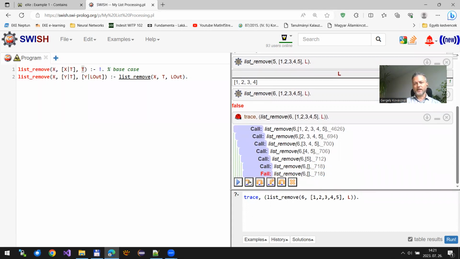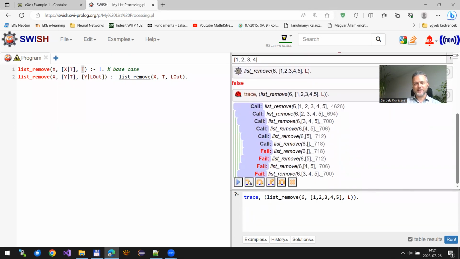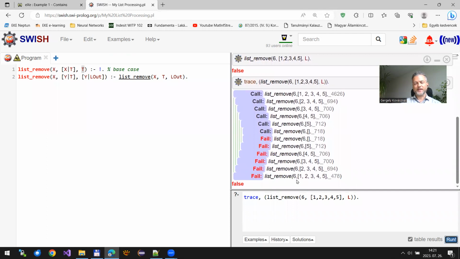This is why we fail in this trace, and this is why we get a false answer at the end. So if you want to characterize the removal as successful, then you have to introduce a new base case for the empty list.